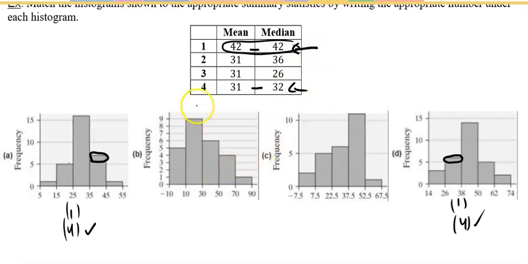On this problem, I noticed the highest are toward the left. So it looks like the mean... this is skewed to the right. The mean should be bigger than the median, right? So the majority of the data is to the right. If you really draw the scale, you could see that it's extending to the right. Well, which of those has the mean bigger than the median? This must be